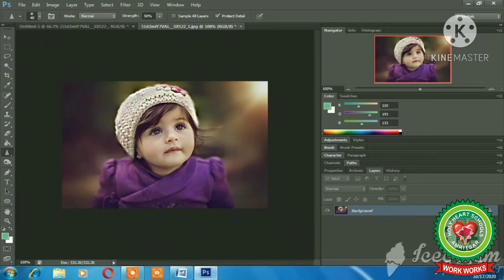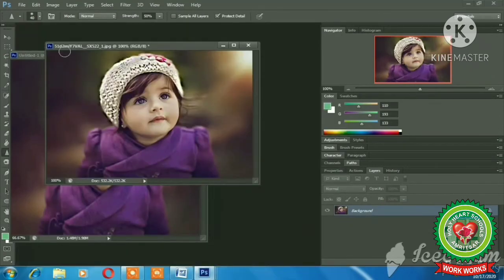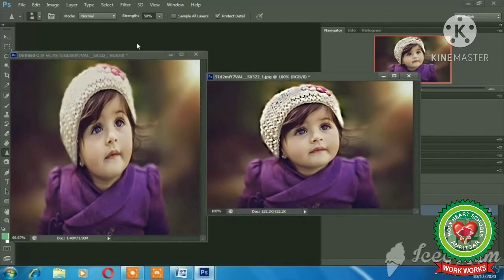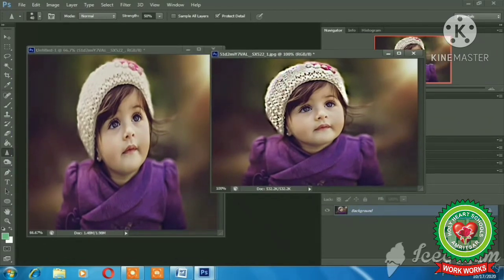I'll show you. This is by holding and dragging. See the difference. The clarity is more. Now I'll show you my old image and the new one. See the difference. Earlier without editing, now see the difference with the sharpen tool.